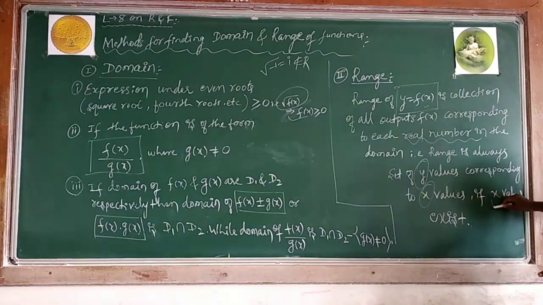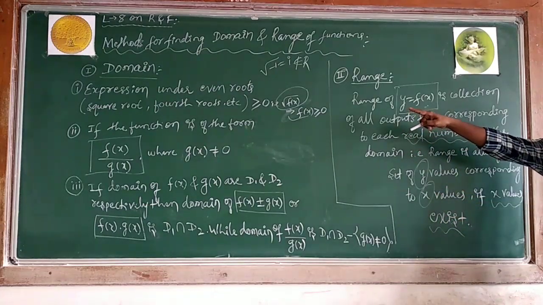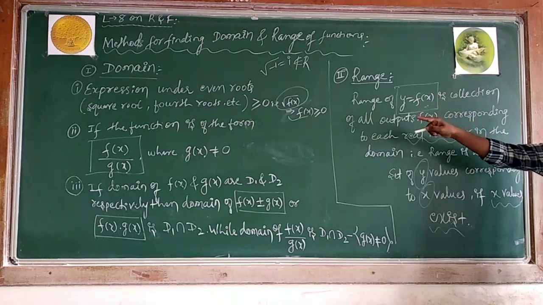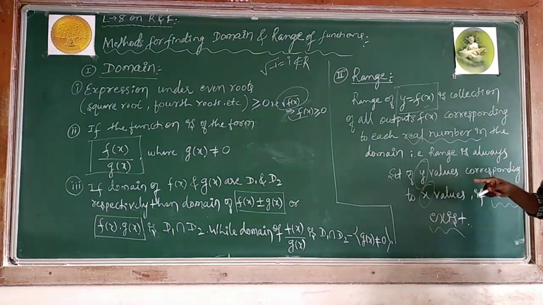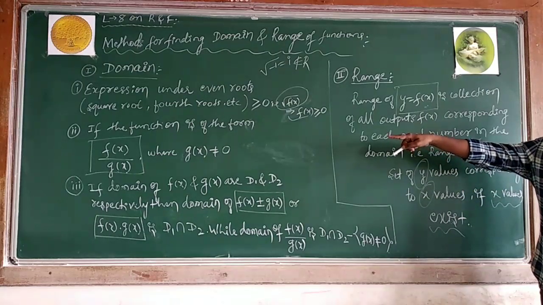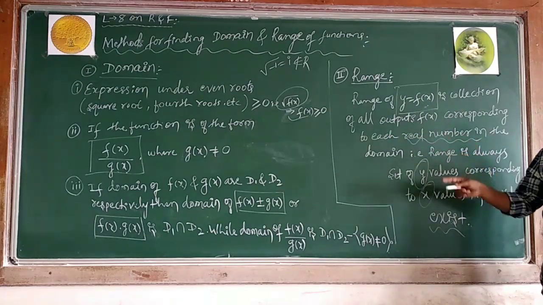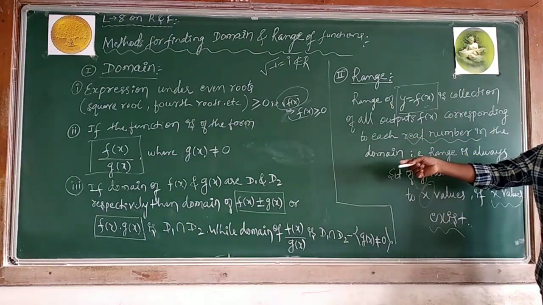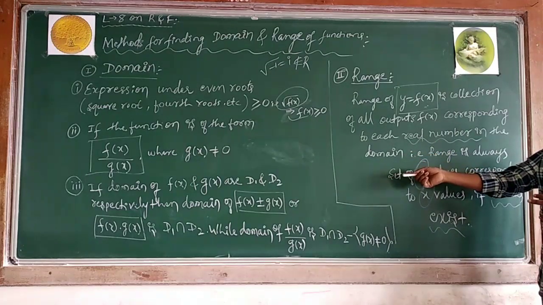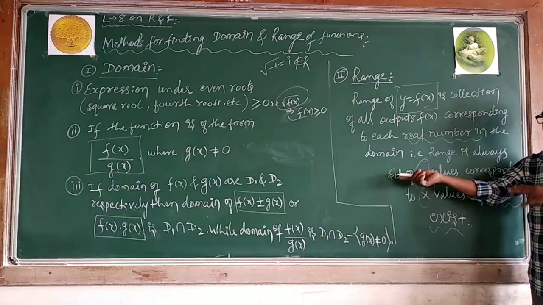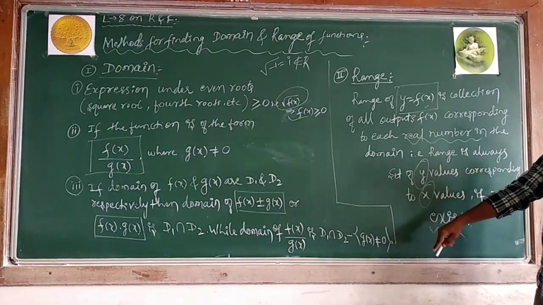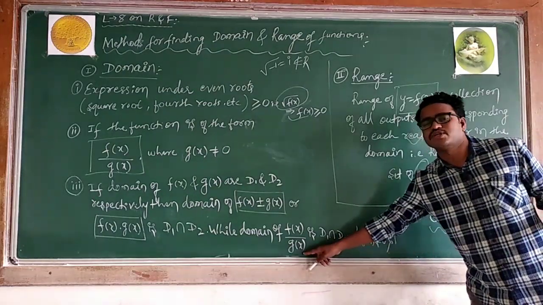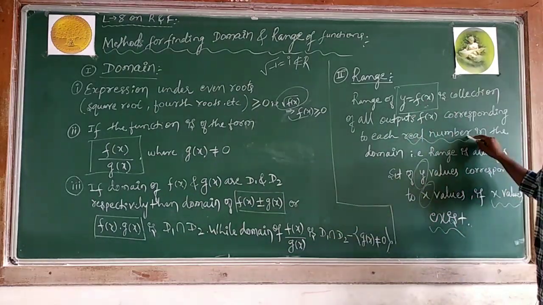The condition is: if the x value exists, you have to take care about that. First case, if you want to say the function exists, you avoid negatives in the root. Second case, you avoid the denominator being 0. When you have two functions combined by addition, subtraction, multiplication, you take the common points. In the case of division, you again have to avoid the denominator being 0. That is the thing.